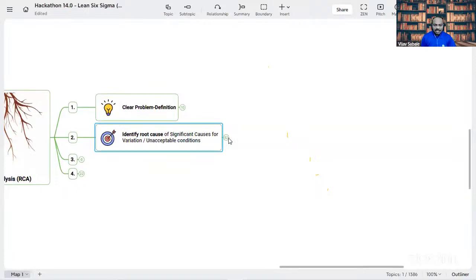One more thing is, as we do a lot of data collection, analysis, and investigations, there are many things involved in any Lean Six Sigma project or any problem solving process. By the time we reach the root cause analysis, there is pressure of the timeline to implement the solution and close the project, right? So for that purpose, proper planning is very, very critical, right?